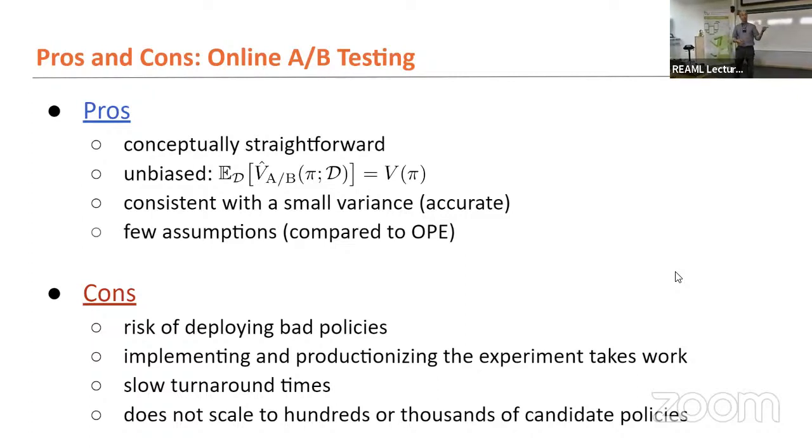Thinking something up and coding something quickly in a notebook is one thing, but actually building something so that it robustly fulfills the latency requirements and the robustness requirements of an operational system, that's a couple of weeks of work, or actually a month of work. So that takes time. That makes the whole process slow. You can evaluate maybe one policy a week or two policies a week, but you can't evaluate 1 million policies a week.